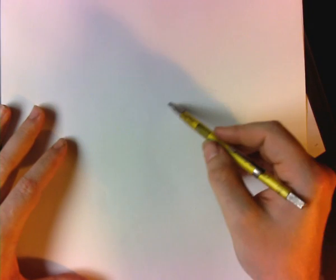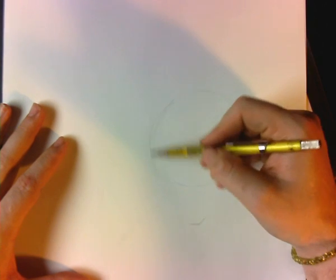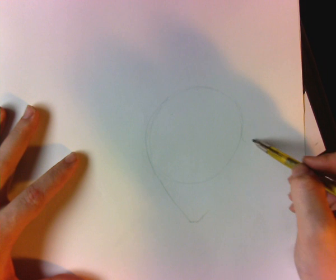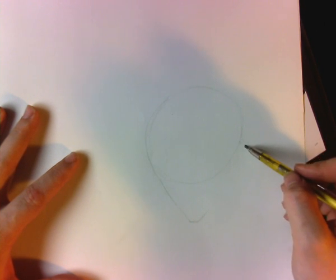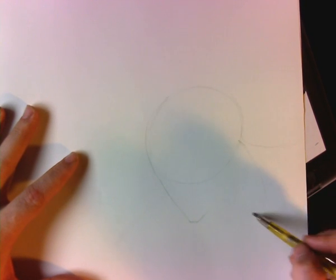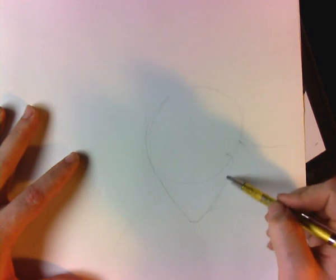The first thing I like to do is start with sort of a circle, so you can have an idea where you want to go, and then maybe a target area for the chin, and then a direction for the face, like so. And then I might want to bring off his neck over there, and let's see here, let's go with his neck coming down to some point down here, and then coming up here, and have his jaw sort of coming in here somewhere,